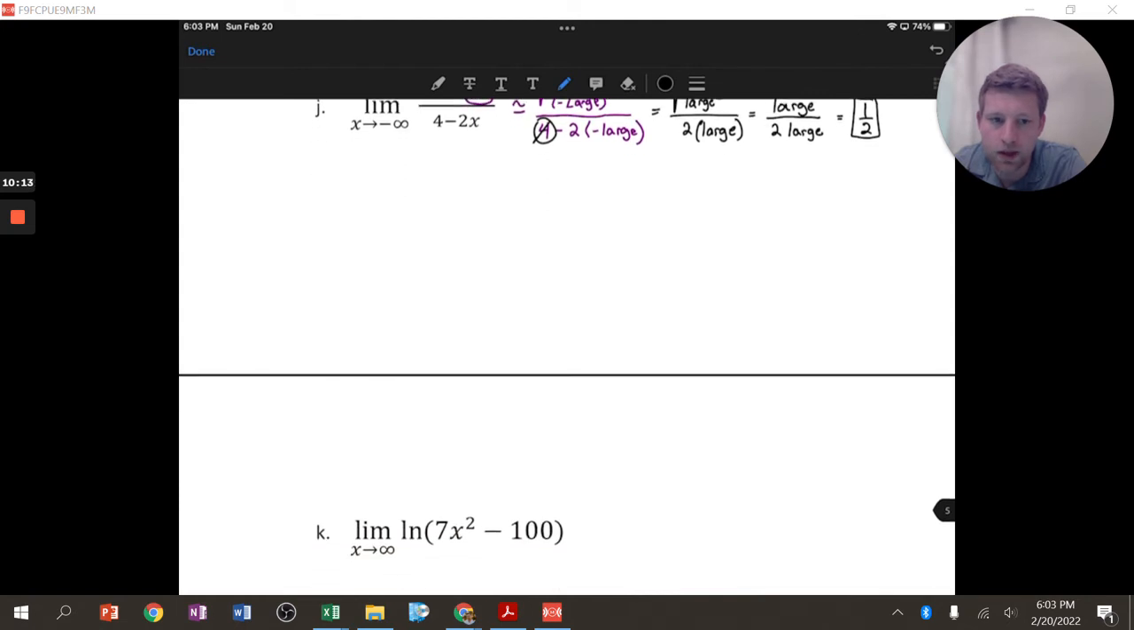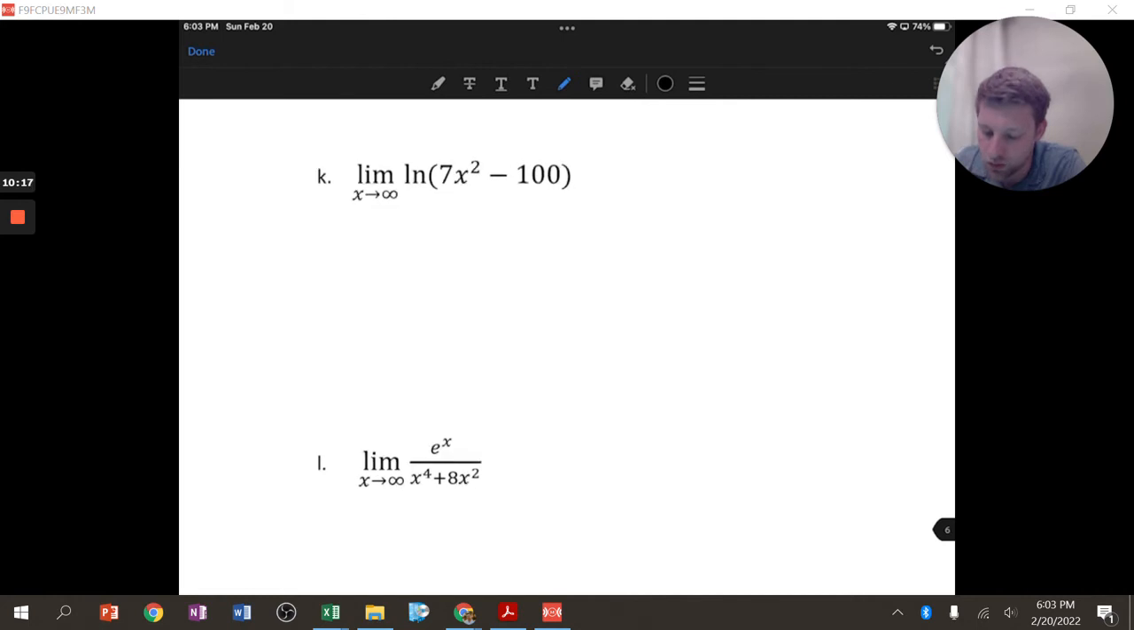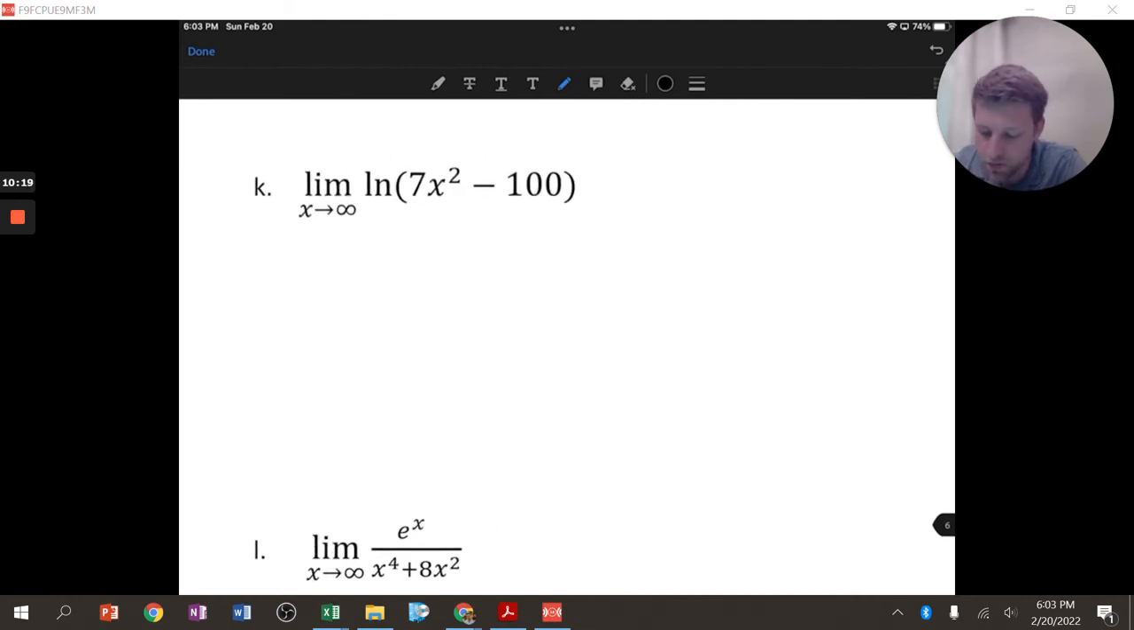We can continue going through a couple more with exponentials and logs. We'll take a look at the log function first. So if we consider, again, as x goes to infinity, this limit as x gets really, really large for the function ln, or natural log of 7x squared minus 100, let's just remember that natural log just takes a number